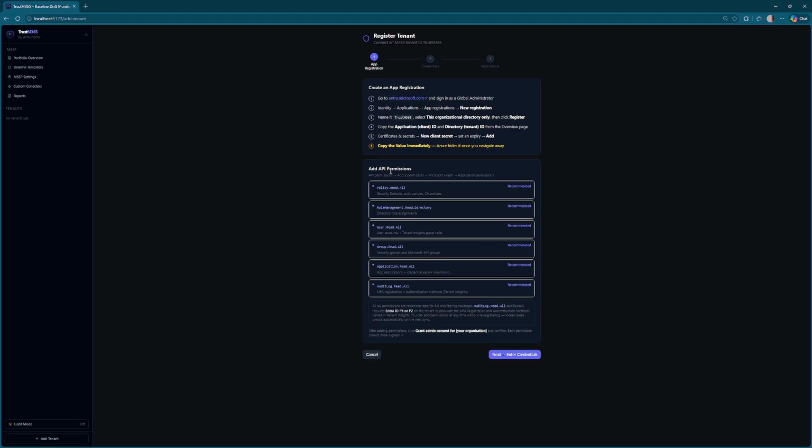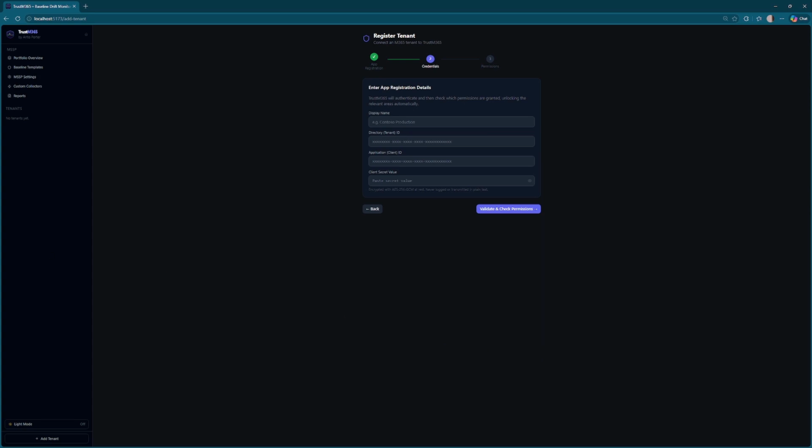From this, there is also a set of API permissions that I would recommend. The following provides you an overview of your tenant at a base level, but there will be additional permissions which are within the documentation which you may be interested in trying to apply. In this case, my application registration has a fair few. What we'll do is we'll go through the registration process. So in my case,